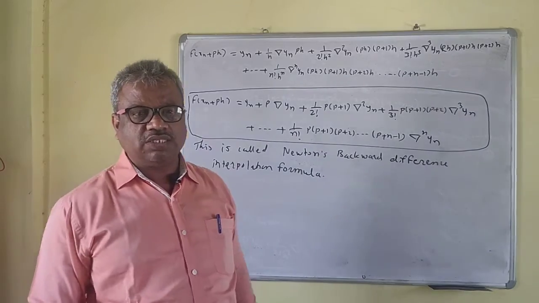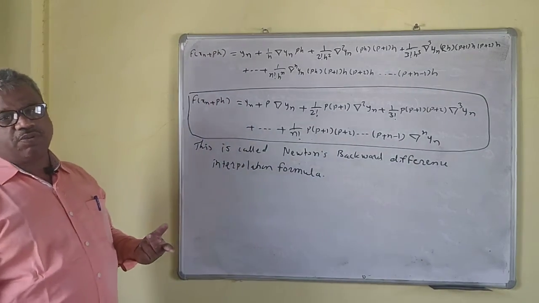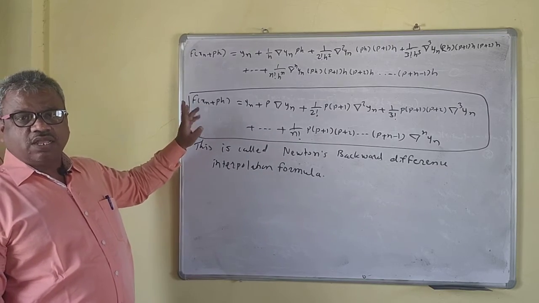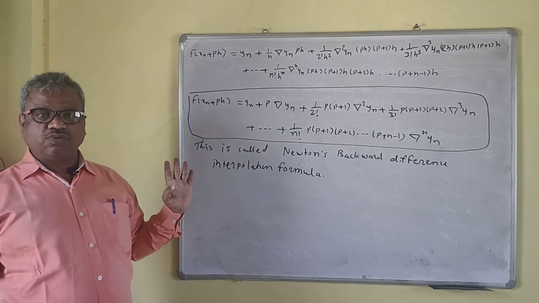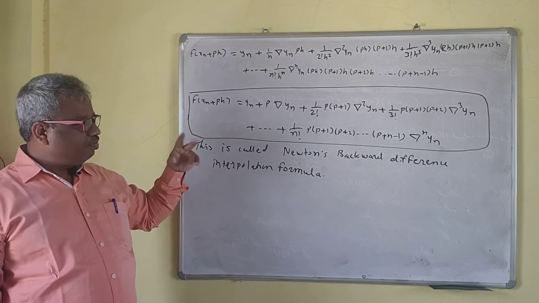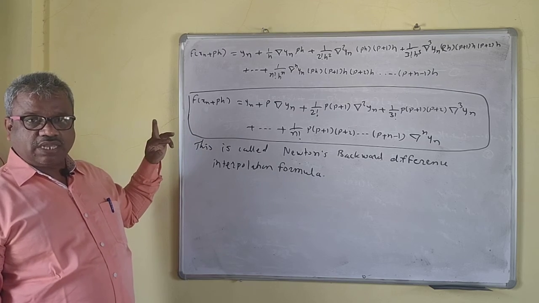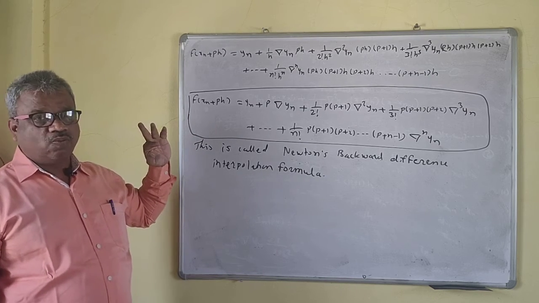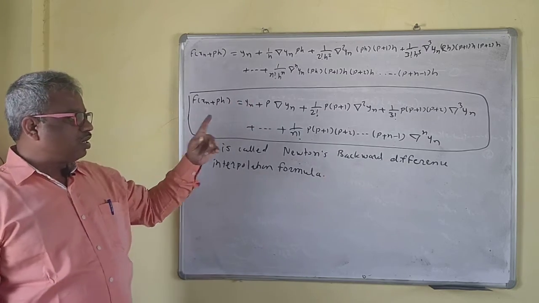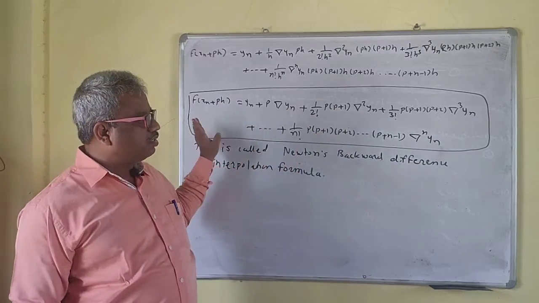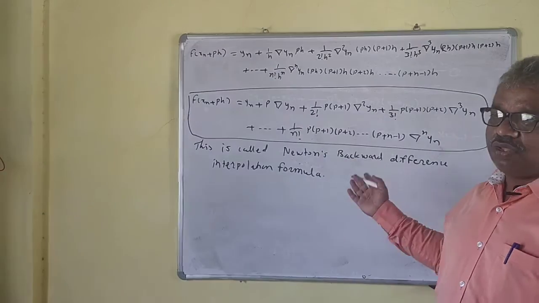So this is easy to remember, the forward difference formula and backward difference formula. If you remember the forward difference formula, just write x naught as xn, y naught as yn, and the minus as a plus sign only. Replace forward as backward, replace x naught as xn and y naught as yn, and replace all minus as plus. So from forward you can express backward, or backward in terms of forward.